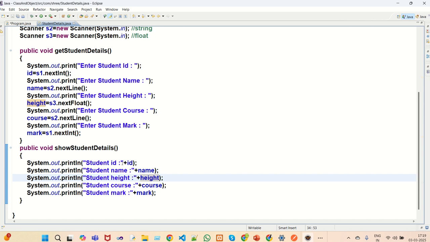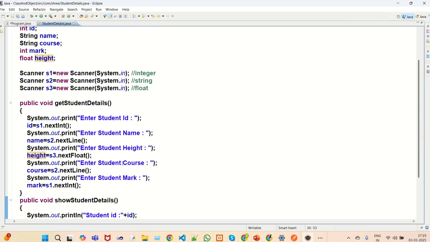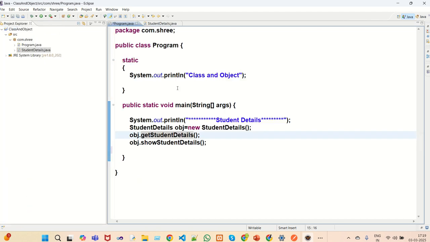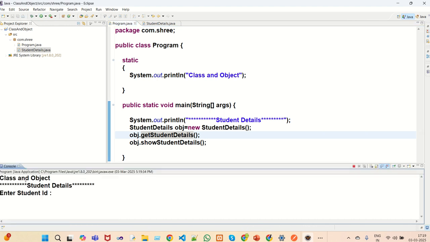That's it. Like this way we need to get the runtime input using the scanner object. Now we'll go to the main function, save it and run. See, the static block under that main function runs, the object is created properly, and it's asking for the input. Enter student id. Here I'm using one. Student name is Tom, height is 5.2, and course name we have to write